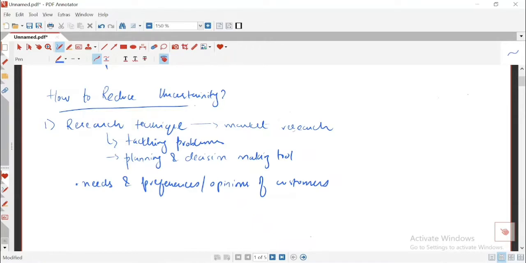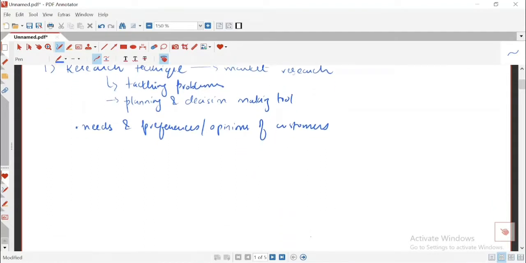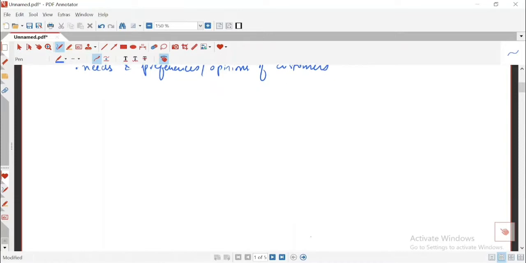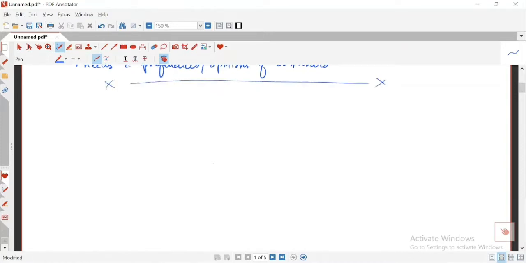Okay, now these were the techniques that can be used to reduce uncertainty. Now we are moving on to risk because this chapter is basically based on risk. Mostly this chapter comprises risk, and we will talk about risk. So before we move on to risk, we have to discuss three attitudes to risk preferences. How people perceive risk. This is what we are going to discuss.